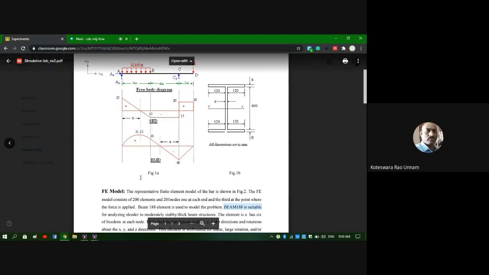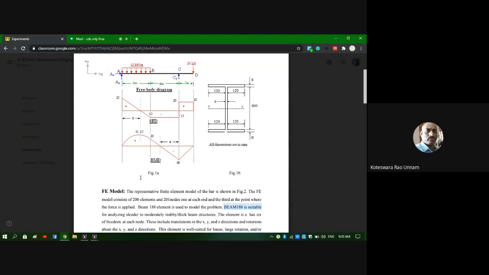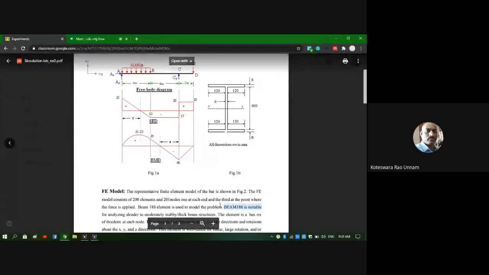But in the software, all the elements are designed for general purpose. So I'll use that general purpose element, and whatever degrees of freedom are not required, I'll constrain them. Now this end is simply supported, which means the constraints I need to apply are: the translation along X and along Y should be constrained, and at the same time the rotation about X and rotation about Y are constrained here. Similarly, if I take this support at point C, here it is only a roller support.